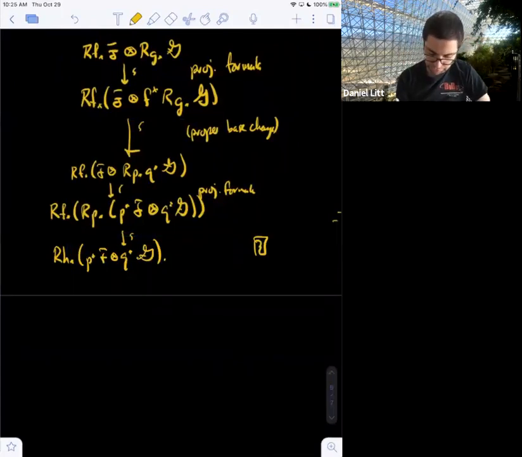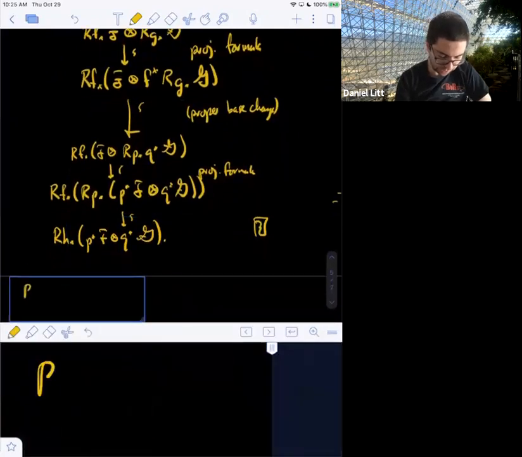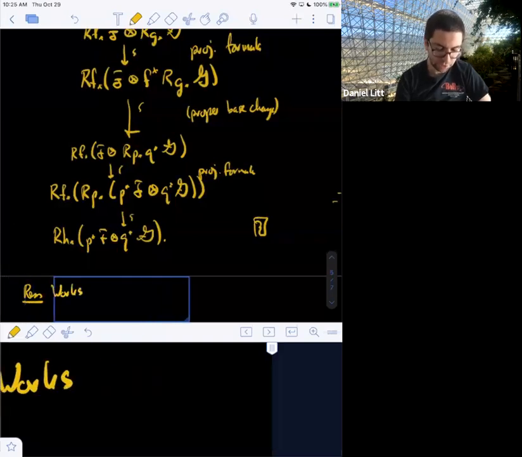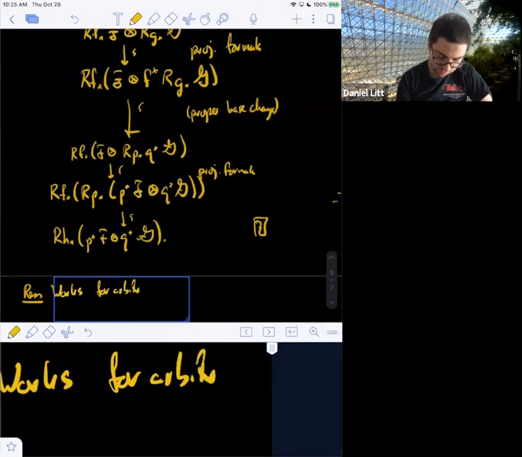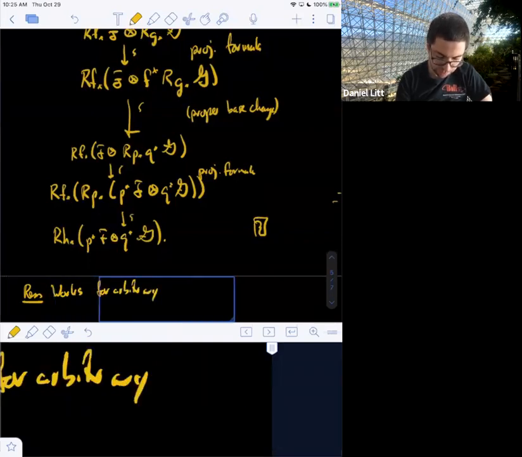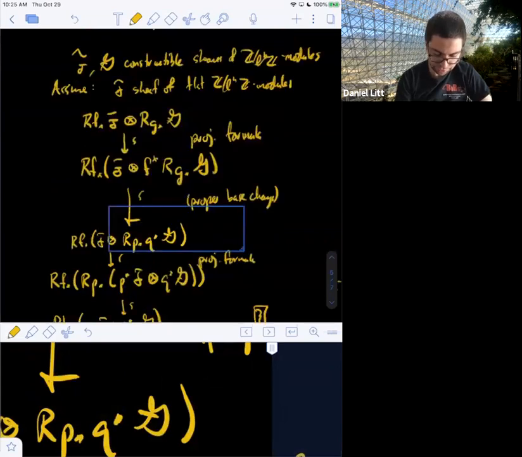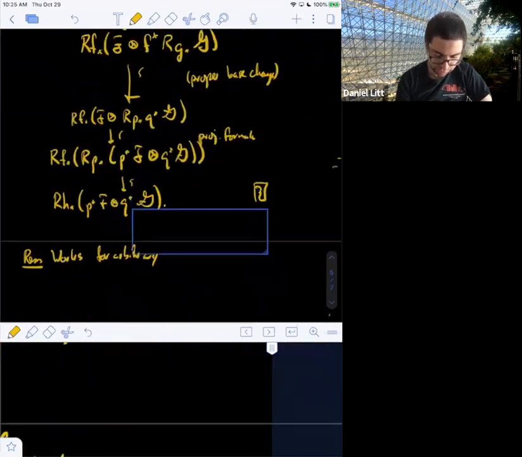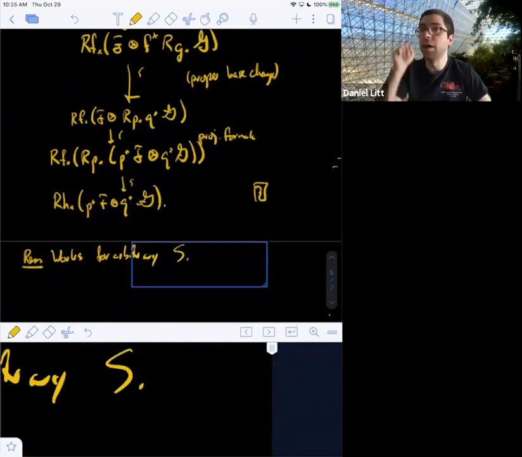So a couple of remarks. We actually see that we don't really need that much. So this works for, there are no hypotheses on S. So this works for arbitrary S. So when I say S, I mean the base. So let's call this S, arbitrary S. So in particular, Robert asked earlier